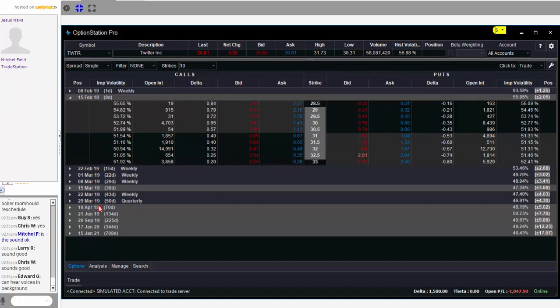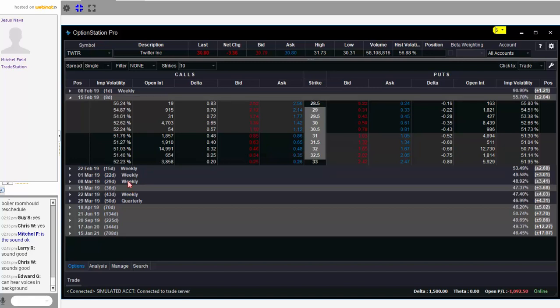You see all the expirations over here on the left-hand side, and you see how they're organized by the day, the month, and the year. It also tells you in parentheses how many days are remaining until the expiration of that option. You see a difference in color between the weeklies and the quarterlies, and the ones that don't have a label are the ones that are monthlies. So if you're looking for monthlies, we make it very simple because those are in a lighter shade of gray